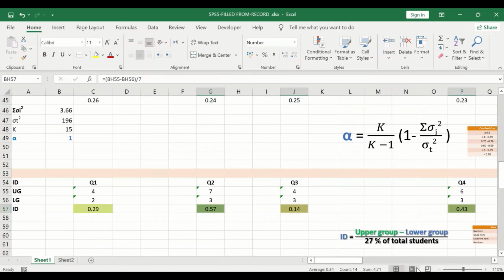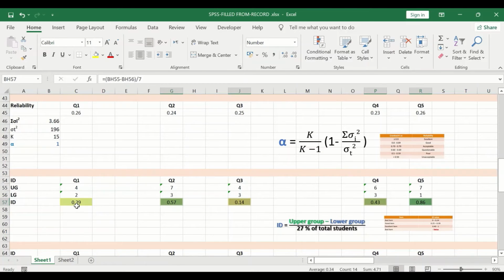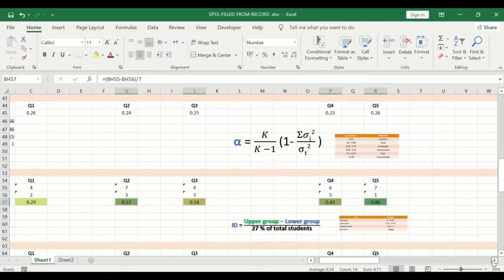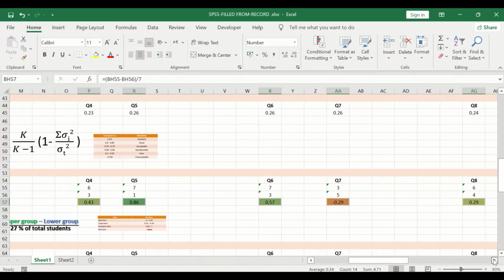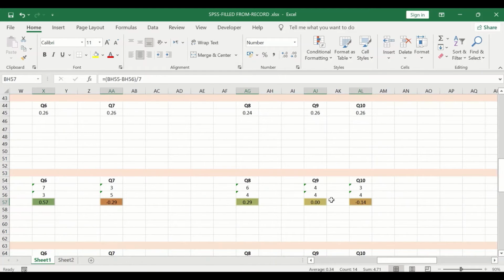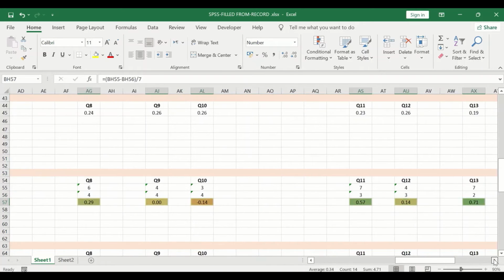Again, if we inspect these data here, decreasing this a little bit, we can see that question number 1 is 0.29. Question number 2 is a good question. Question number 5 is excellent. And here we have question number 7 with a minus value, so this question needs to be removed from the exam and replaced. And this question has an ID value of 0, so it is not discriminating, so this question needs to be replaced. Question number 10 also needs to be replaced as it has a negative value. And